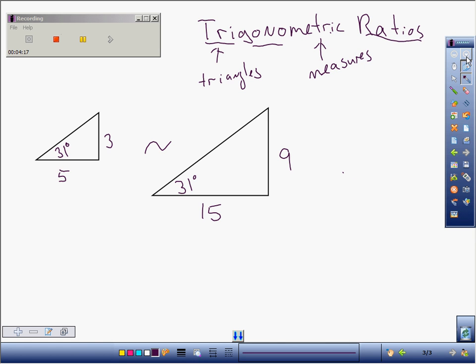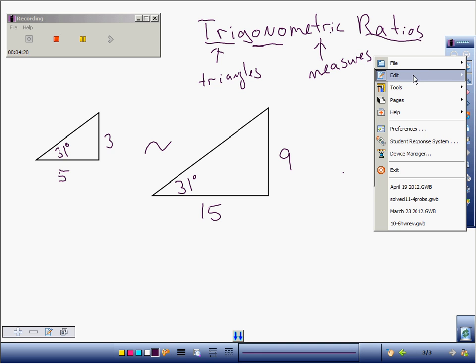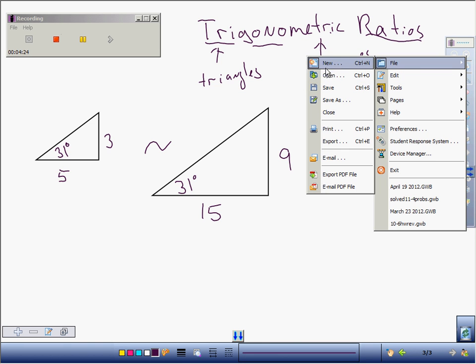Can you take some notes? Edit, file, edit, file, edit,